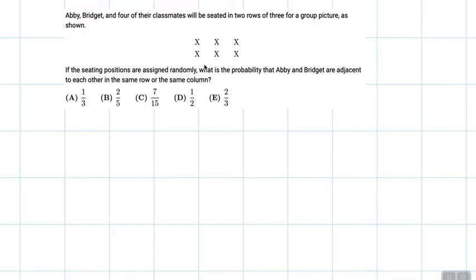So it's true that Abby or Bridget could be seated in a middle seat, which are these, or an edge seat, which are these 4. And based on if they're in a middle or an edge, there will be different possibilities for sitting adjacent to them. So let's first look at the probability of if, let's say, Abby or Bridget sits in a middle seat